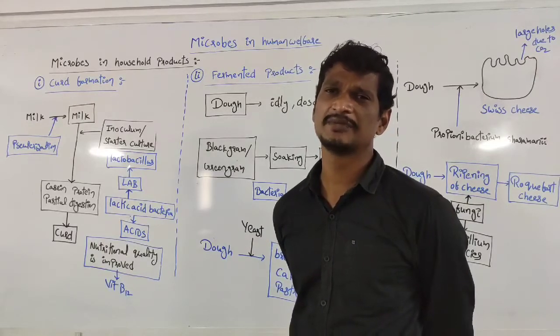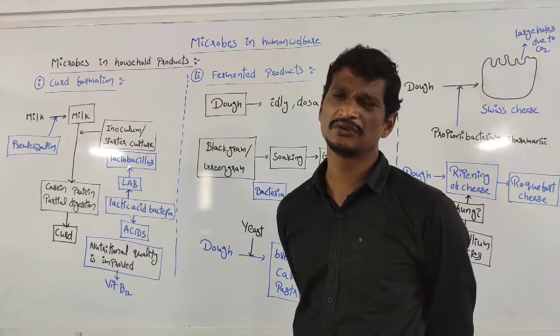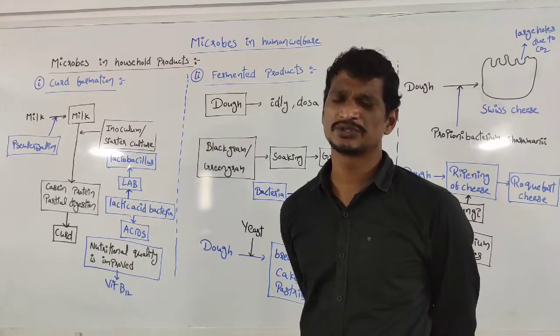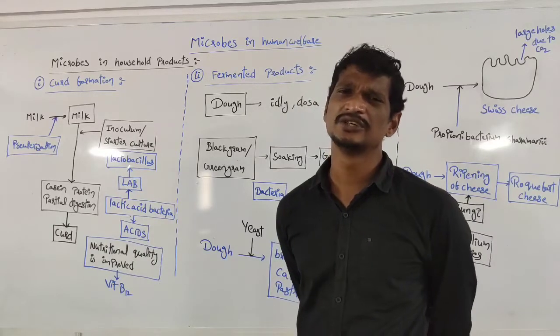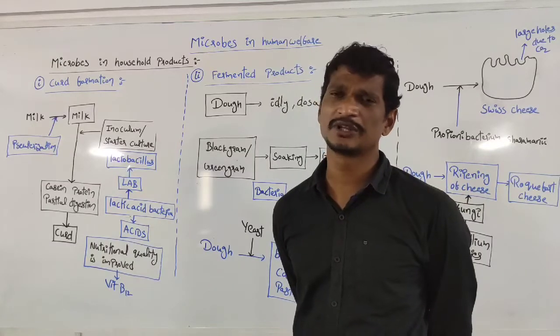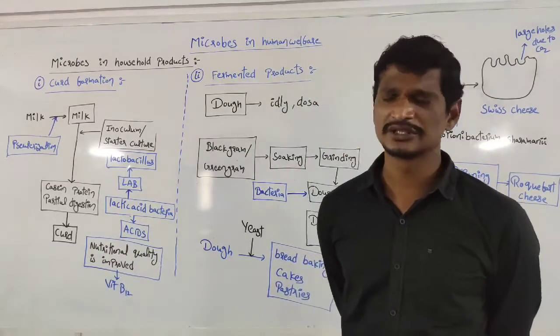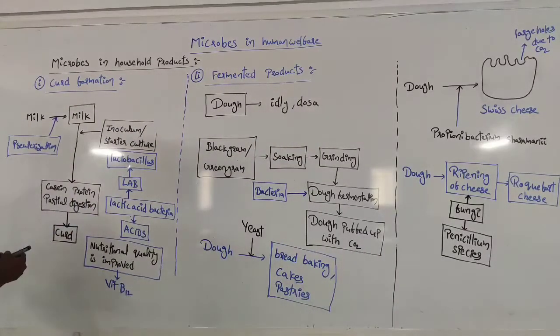Lactic acid bacteria produce some acidic substances and alter the pH of the milk. Then the casein proteins are partially digested. So in the presence of bacteria, acidic substances are produced, and casein protein is partially digested. Then curd formation takes place. The partially digested casein proteins are bound to the calcium ions. Then a semi-solid state curd formation takes place.